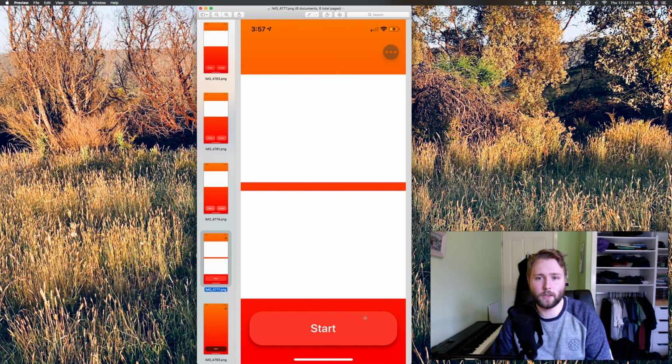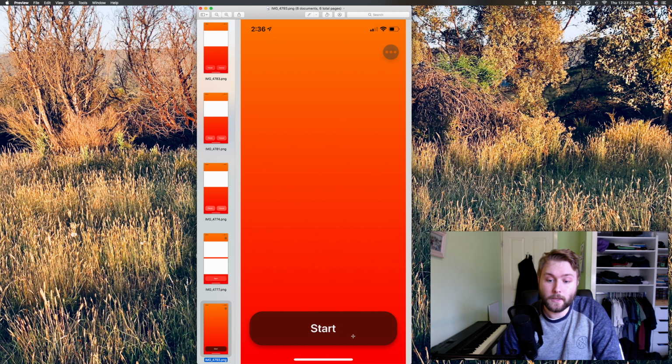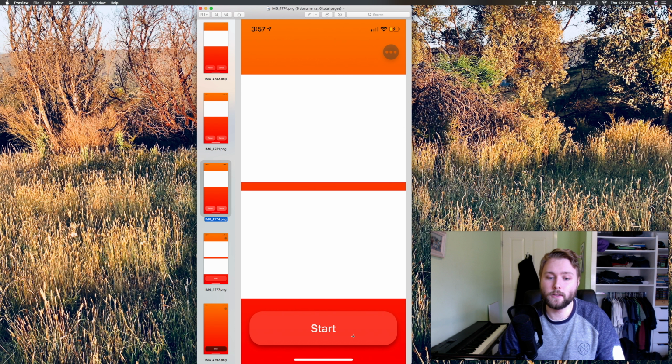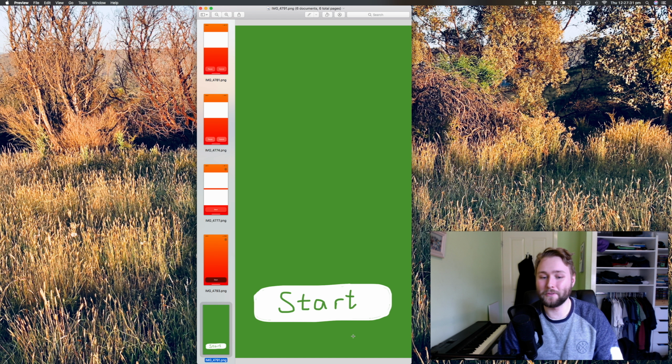I tried it on here as well. And then I tried it with a darker color as well. This is just using a UI blur view and setting the style to dark. And then I don't know. So then I was doing some mock-ups on my phone, drawing. So this is my beautiful start button and what it would look like if it was the same color as the background and it didn't have a shadow,